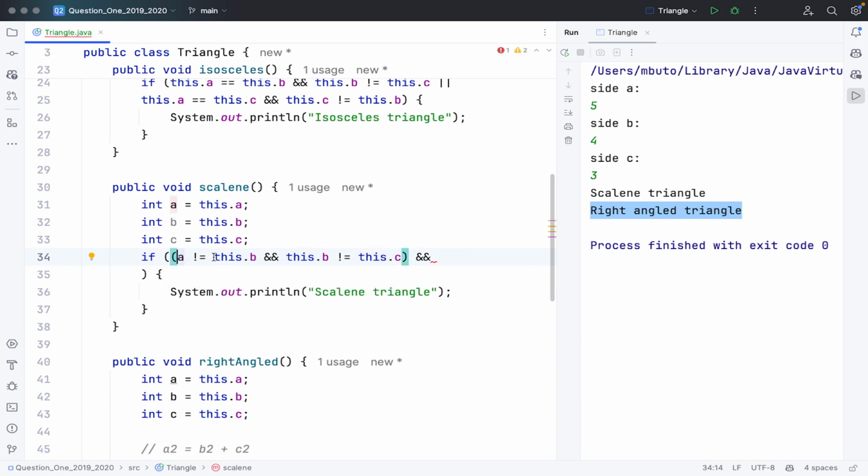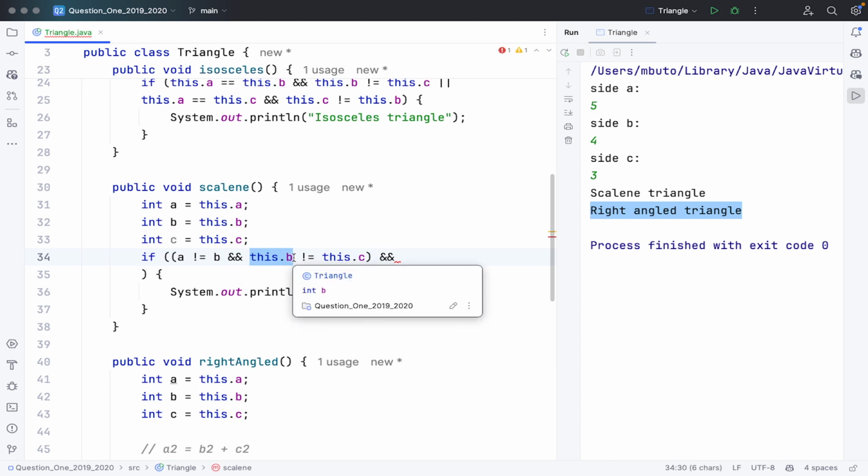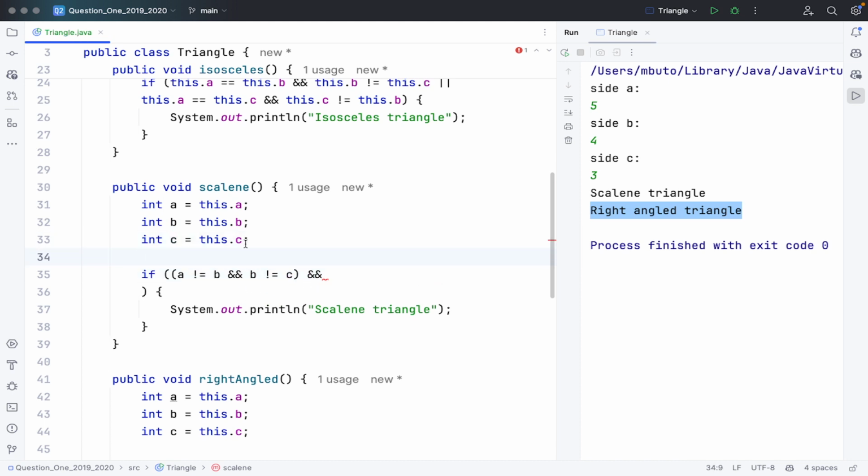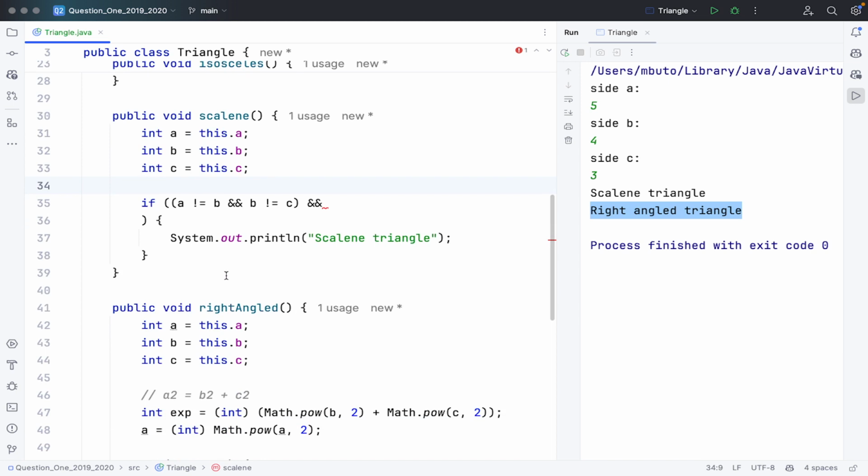So fix that. Make them refer to the local variables just to make the code cleaner. So if this is true, and what else we want to test for is,